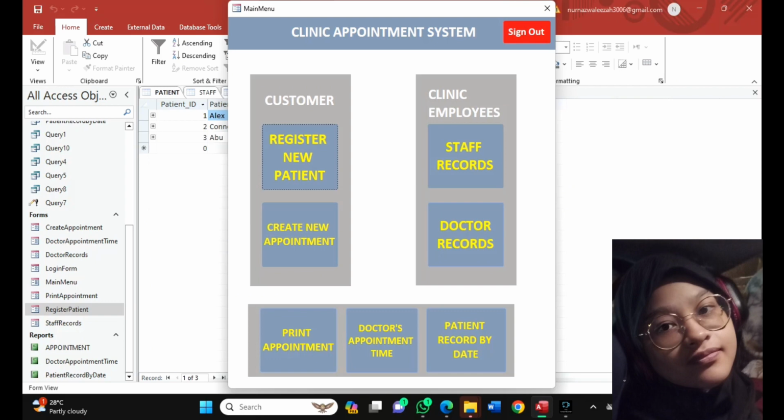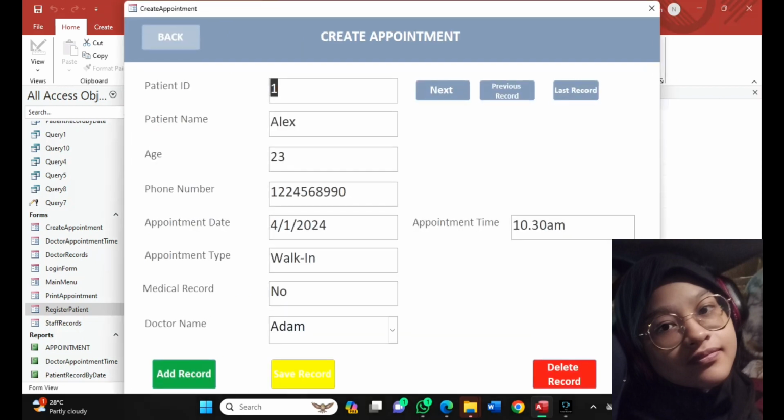We're gonna go to the next form, which is create new appointment. This form is created to register a new appointment in case the patient wants to meet up with a doctor. Same as the previous one, we're gonna fill out everything that the form asks. First off, they are asking for patient ID as usual. Gonna use the previous example, which is